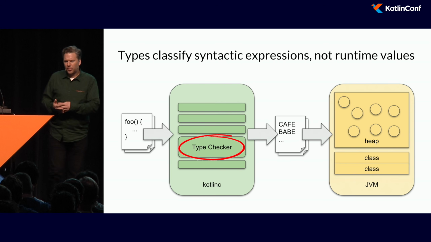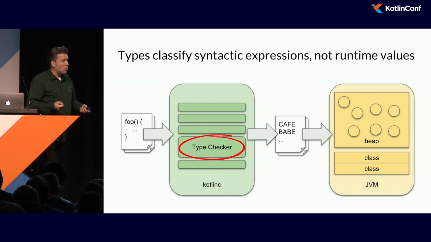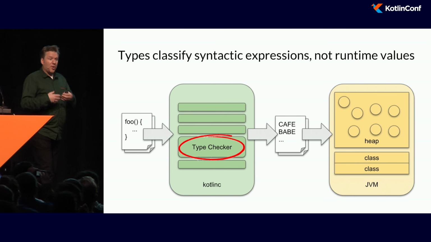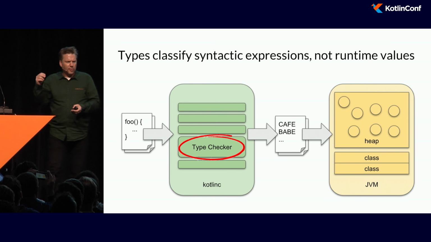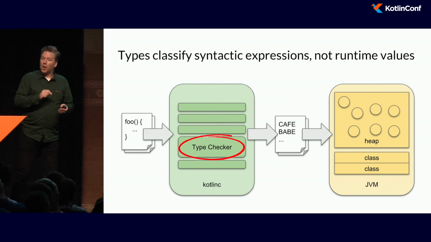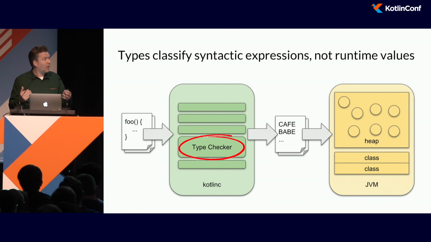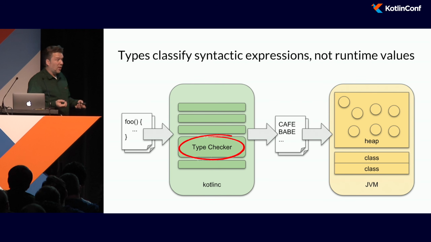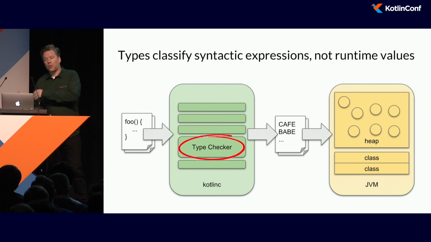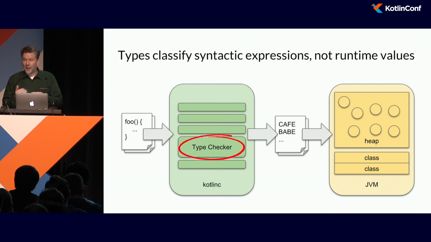And this can trip you up if you're coming from Java. Most of the time you don't notice it, but you will notice it if you use reflection. When you use reflection and you're reflecting on the structure of your classes, those structures at runtime will be different from the relationships between types that the compiler is maintaining at compile time. The good thing about Kotlin that I find is that you don't need to use reflection very often. In our production code, we don't really use reflection at all. And therefore, we can make good use of the type system, and the fact that class relationships and type relationships are different doesn't affect our code.